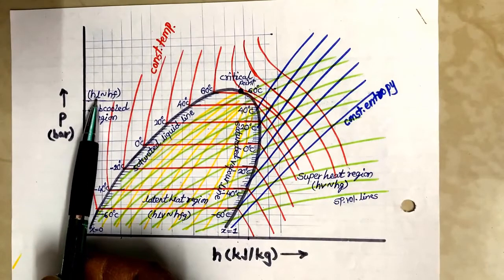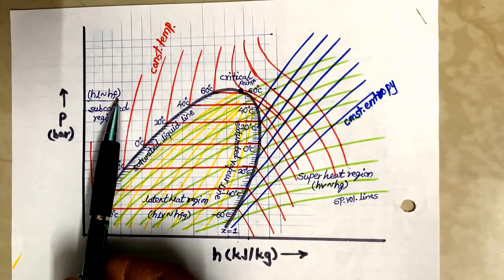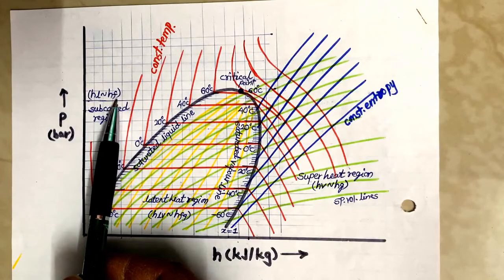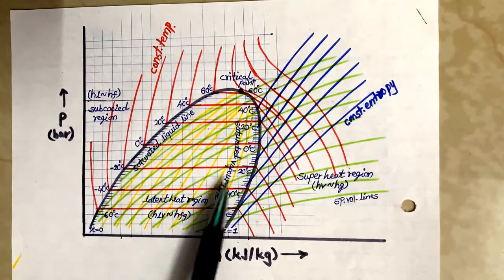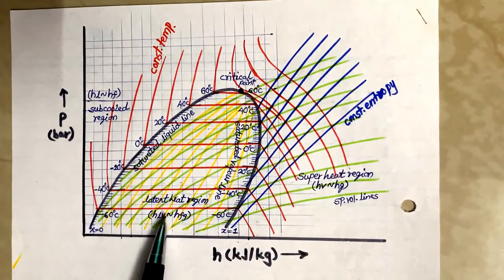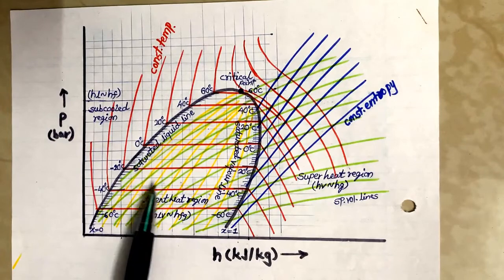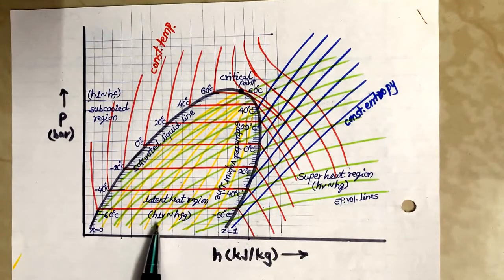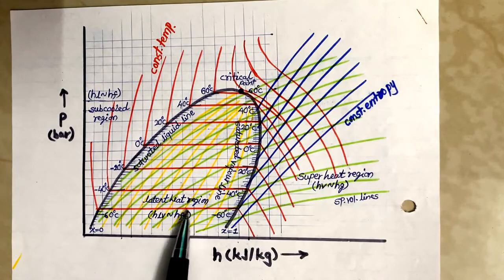Likewise in hL, L stands for liquid, f stands for fluid. It may be in liquid form or it may be in pure fluid form. And the region in between these two, superheat and subcooled regions, is known as the latent heat region. It lies inside the dome. The latent heat region will be represented by hLV, or it may be represented as hfg, because it has multiple phases, that is fluid plus gas.